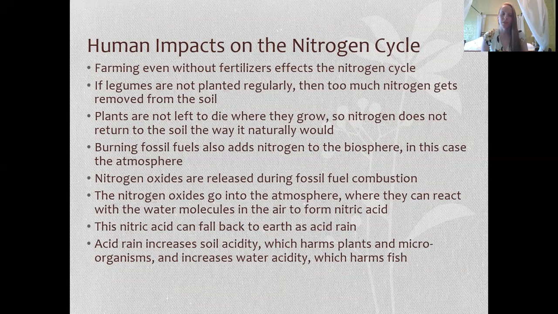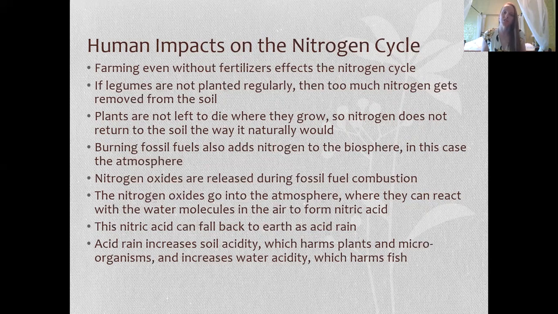Even if you farm without the use of fertilizers, it does still have a large impact on the nitrogen cycle. If legumes are not planted regularly, the plants that you are planting, those crops, will take too much nitrogen out of the soil. And the reason this doesn't happen in nature is because, in the wild, when plants take nitrogen out of the soil during their life, that plant then dies and those nitrates or nitrogen molecules go back into the soil. However, with agriculture, if you're farming crops,